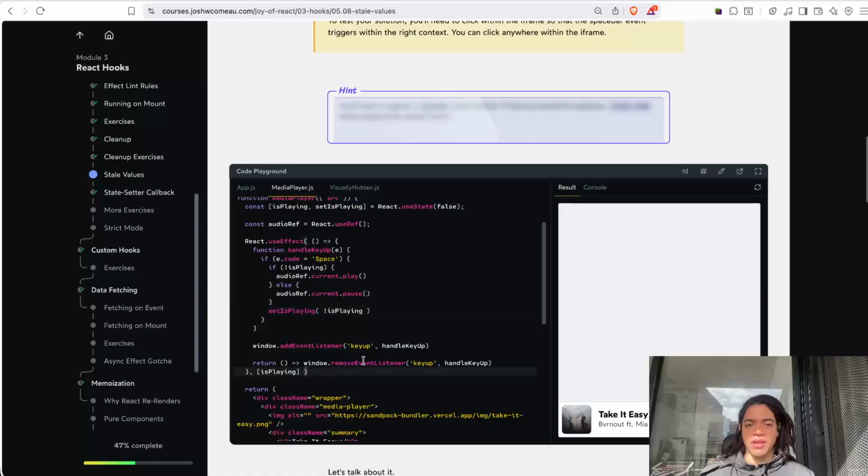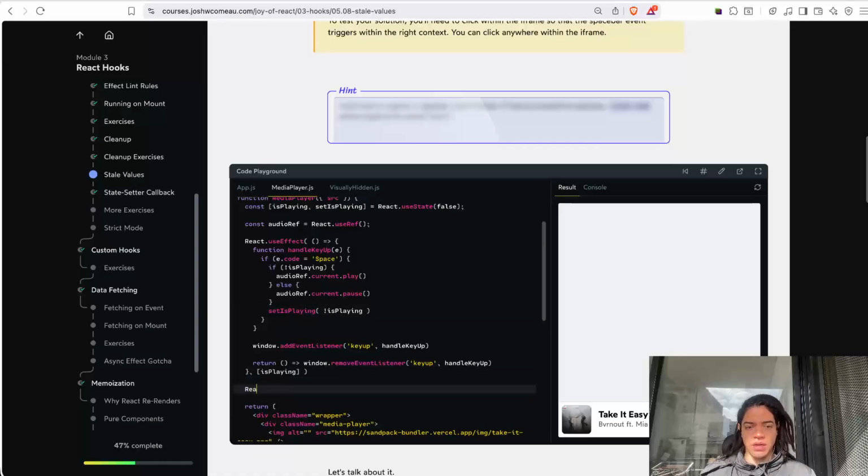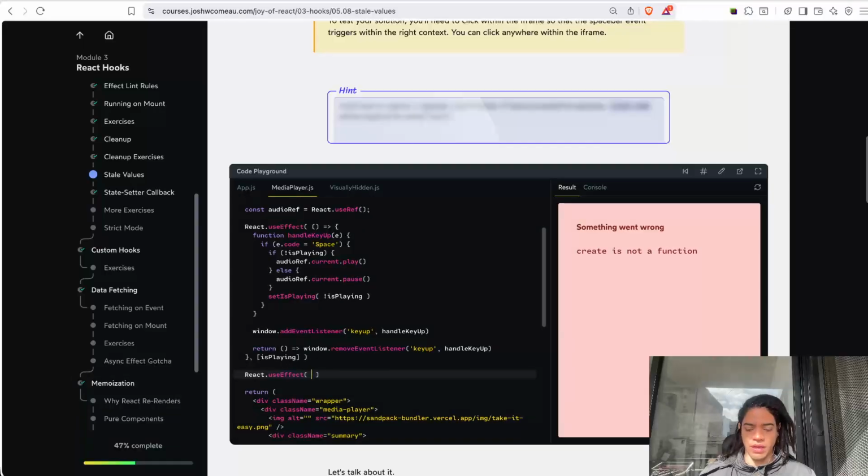So how can we do that, right? And this might say, hey, you are going against the rules of React, and how dare you do that, because this is not what React is for. But again, I'm writing this because this is what Josh Comeau mentioned first,